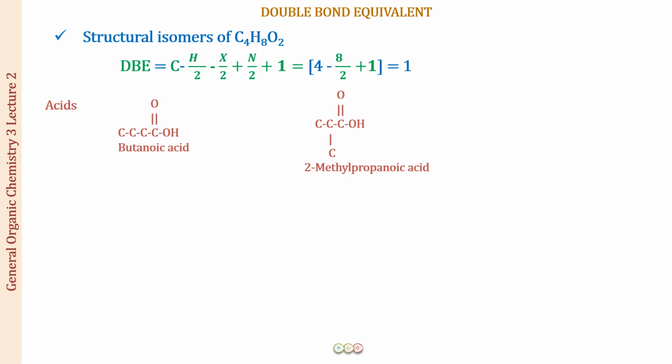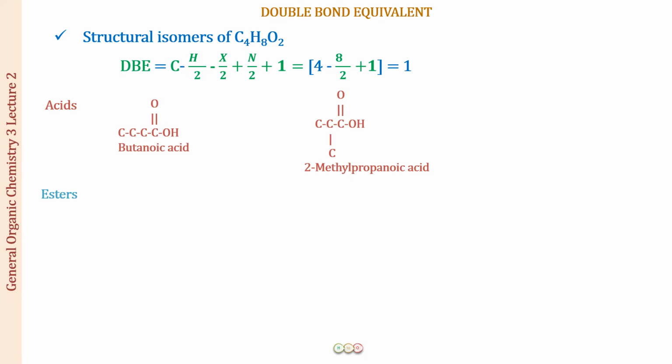Alright. The next possibility, when we have an acid, we can have an ester also by the same molecular formula. Right. So let us draw now the esters, and you can pause, and actually I'm just telling you that you will be able to make 4 esters. Try making those 4 esters and then look at what we have drawn. Now if you've done that, let us see how we are going to proceed.